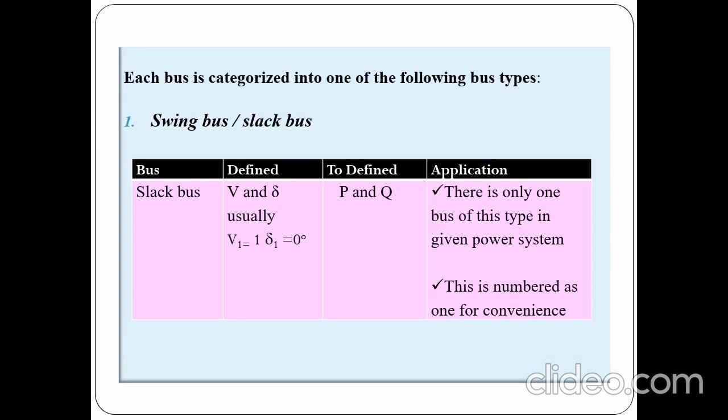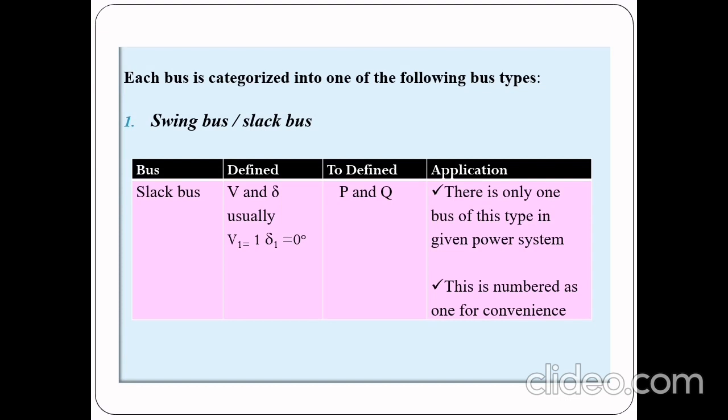So in this slack bus, normally this V, which is 1, that is given, 1 per unit will be given, and delta corresponding to that V is 0. So slack bus is nothing but a reference bus. That means all other voltages, everything, they are with respect to this slack bus only. So slack bus is always only 1 in any system because it is the reference bus. So there exists only 1 bus, and normally its voltage is given as 1 angle 0. That is, magnitude of voltage is 1, V1 is 1, and delta 1 is 0. So that's what is given here.